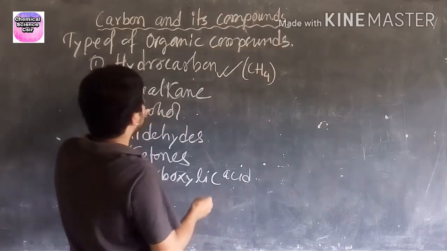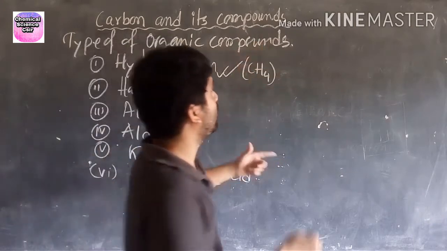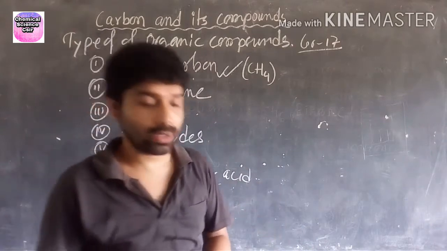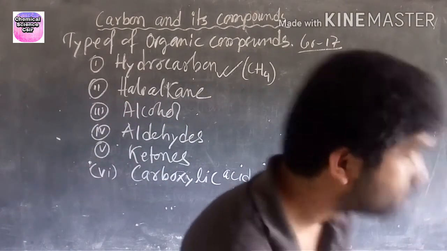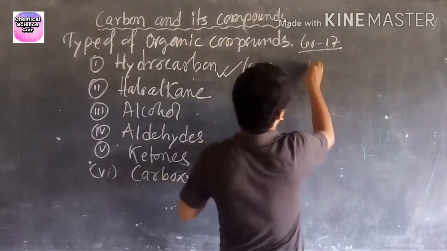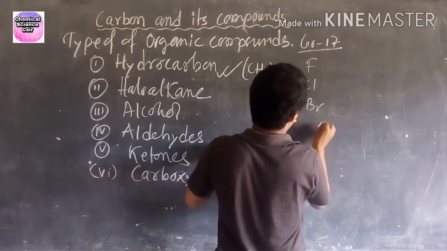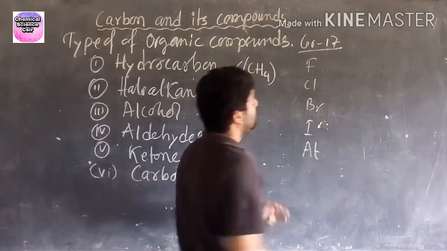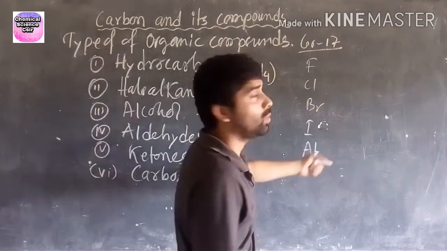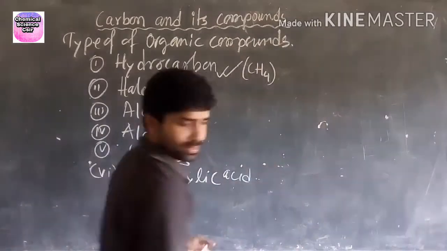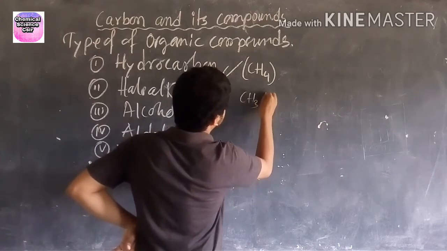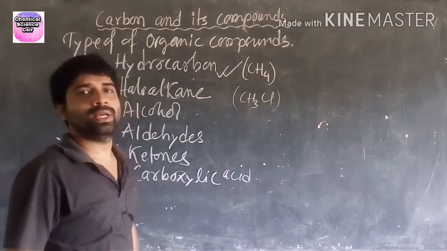Say haloalkane. Halo means group 17. All of you know group 17 is also called the halogen group. So you have to know that mnemonic. This is a special mnemonic. Okay, this one is halogen. Then haloalkane, say this one CH3Cl. This is one example of a haloalkane.